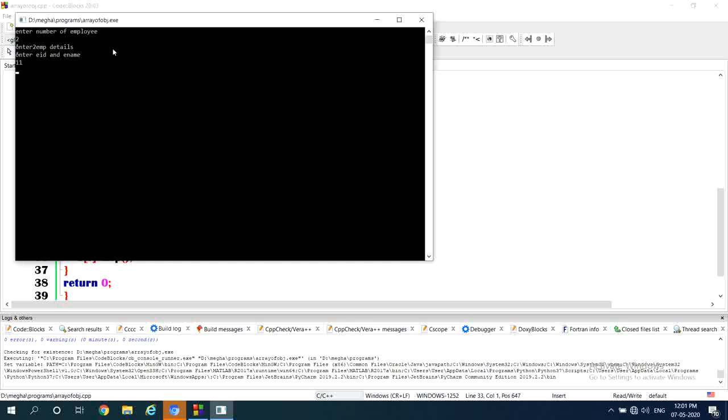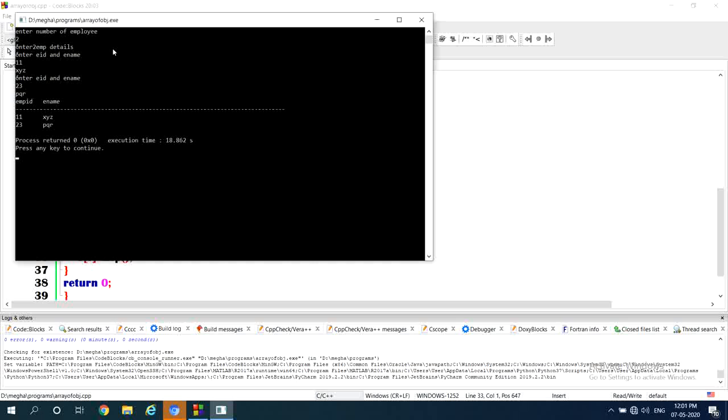Employee ID, employee name. Next employee ID, I'll take 23 and employee name PQR. Like this, it displays the result. Understood? This is employee ID, E of 0, ename of E of 0. This is the second employee, that is E of 1, E of 1 employee ID, E of 1 employee name.